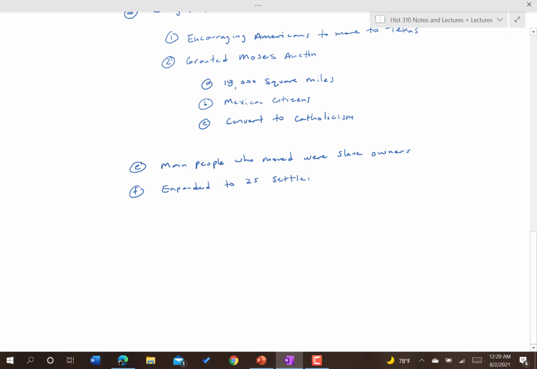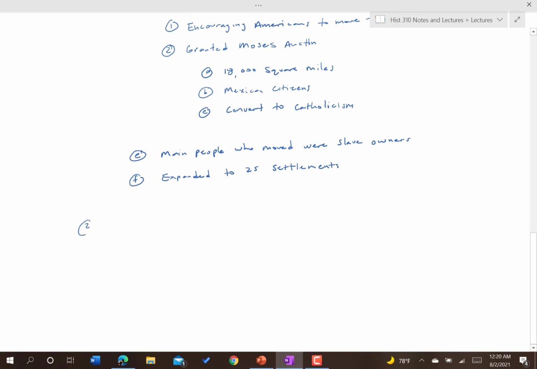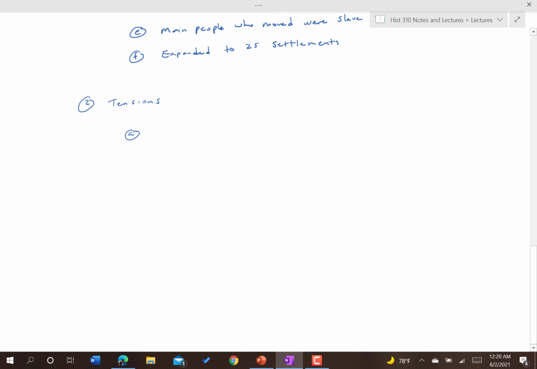So it became quite large of Americans who were supposed to become Mexican citizens and convert to Catholicism, and didn't, and instead brought their slaves in and set up plantation structures. Not surprisingly, we'll put 2 here. This created tensions between Mexico and the American settlers over control and power,